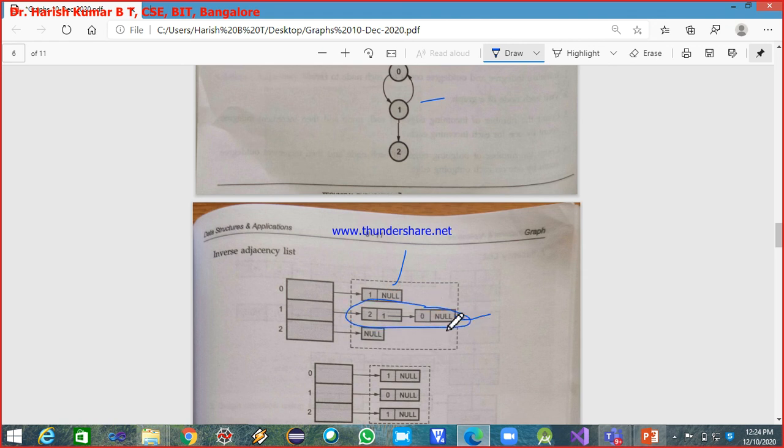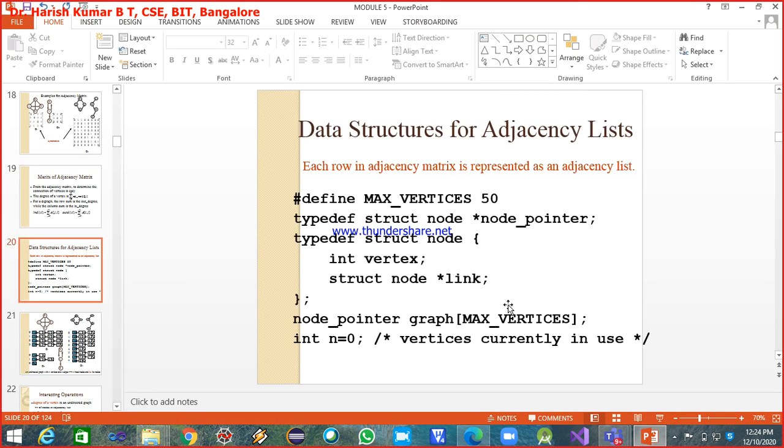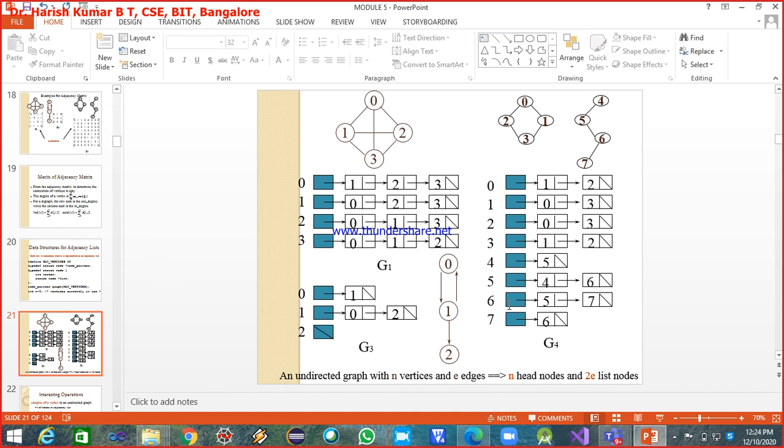All right, we will compare this with the adjacency list we wrote, the normal adjacency list for this. See how it is looking. From 1 we can go to 0, and from 1 we can go to 2 also. But from 0 you take the link field of 0, and then you can go to 2. This is how we represent the normal adjacency list.